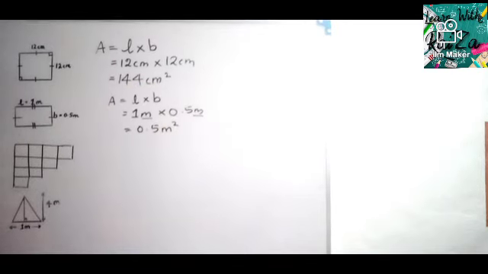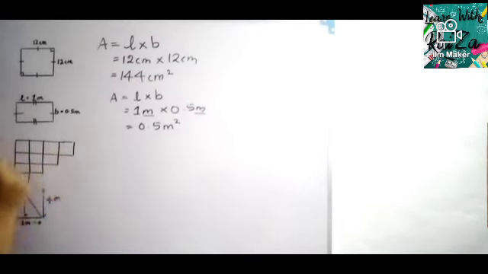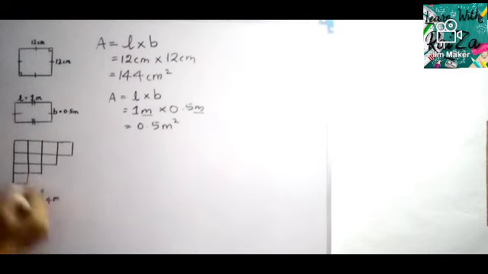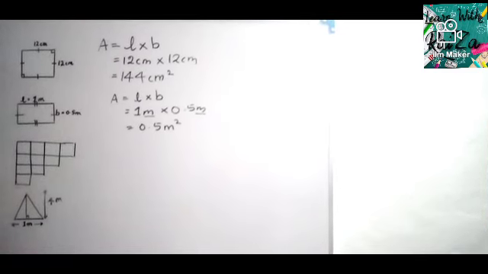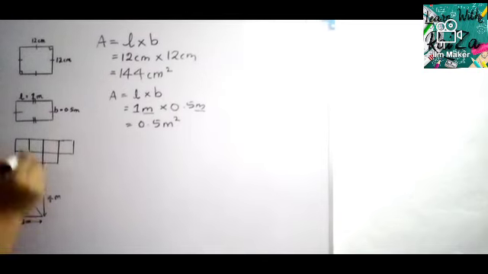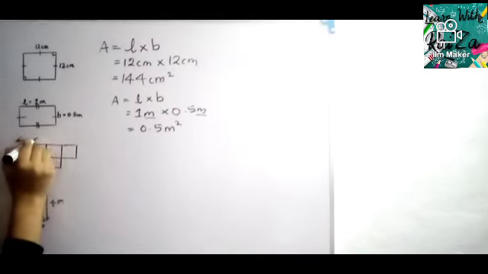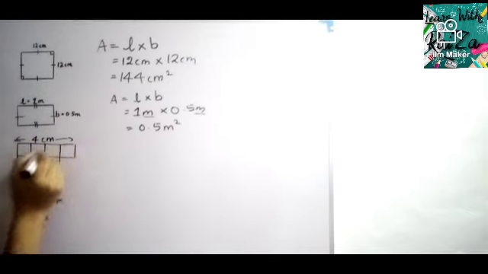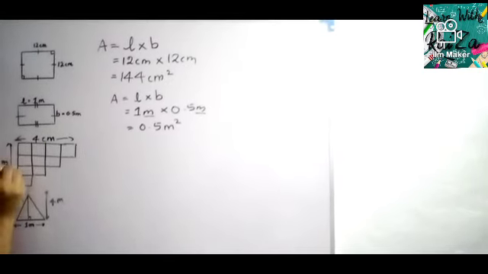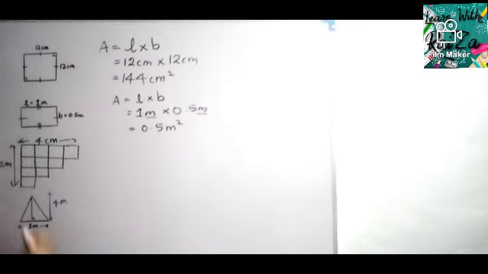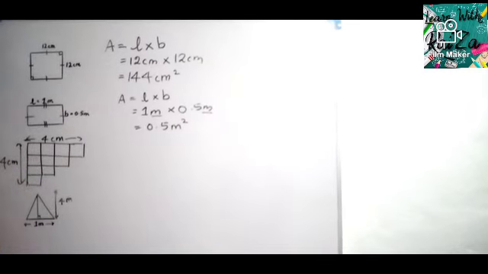meter. As in the beginning of the lesson I told you, the units used to measure area are square centimeter and square meter. Okay, now let's go to this type of figure. When it comes to this type of figure, how can we find the area? How can we find the area when something is given like this? I'll take this as 4 centimeters, and I'll take this also as 4 centimeter. Okay, right. Now what to do? Will you multiply 4 into 4? No. In this case of question, you have to be very careful.